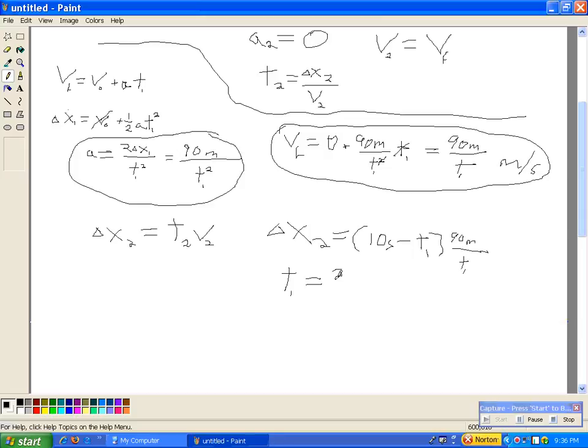Plugging in all the numbers, you get 900 meters times seconds, not meters per second, but meters times second, divided by 145 meters. So you get 6.06896552